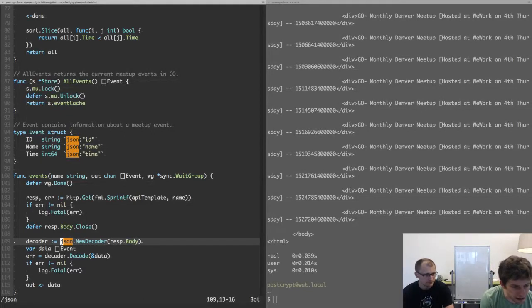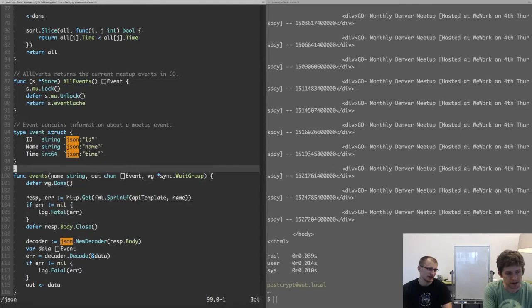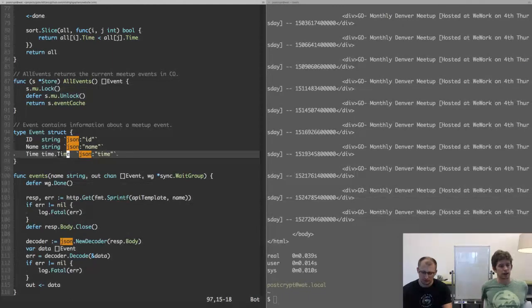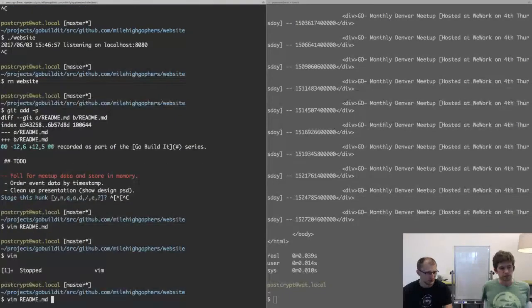So I think that's an interesting thing to do. I think because the event comes back from the API as a Unix timestamp. Let's see if time just works. Okay, yeah, that's a good question. Because it might. It might just work. Yeah, let's check. I've never done this before, so